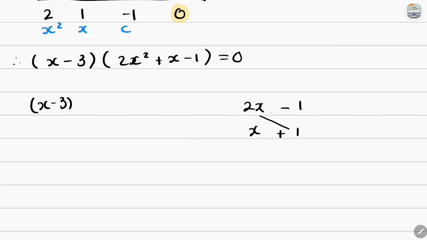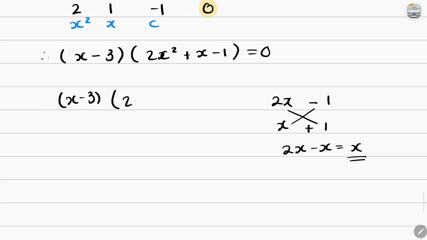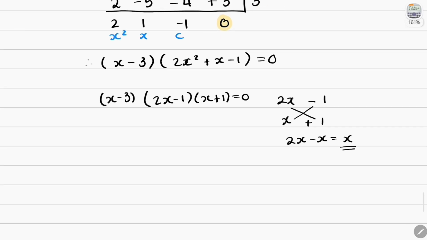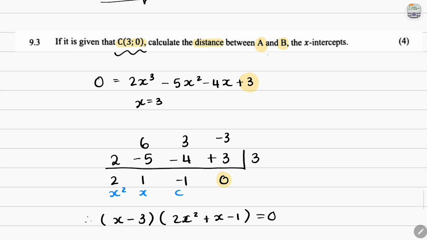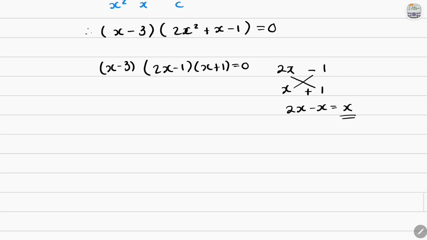So when we cross multiplied, you see 2x times 1 is 2x, and then x times negative 1 is negative x. 2x minus x equals x, positive x, and that is our middle term. So our factors are 2x minus 1 and x plus 1 is equal to 0. Okay, so this is our equation factorized, and now we can find A and B, and we'll just find the